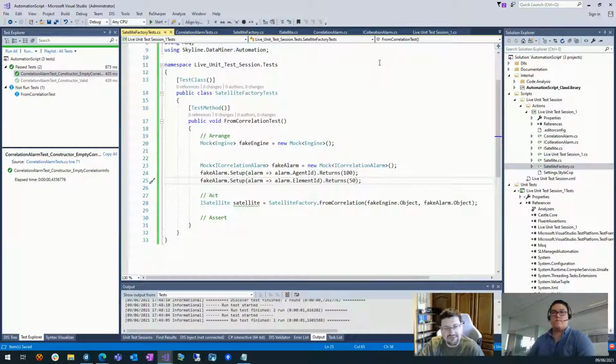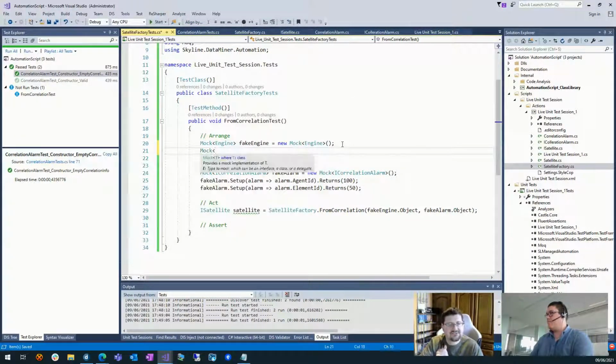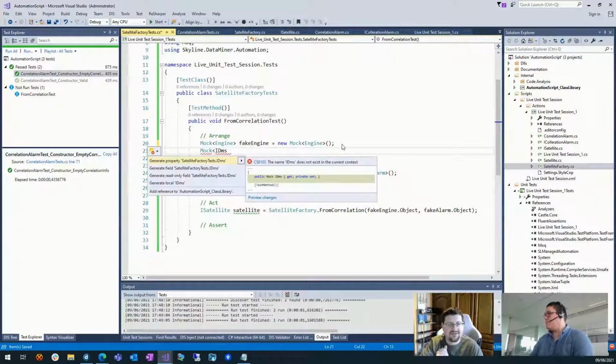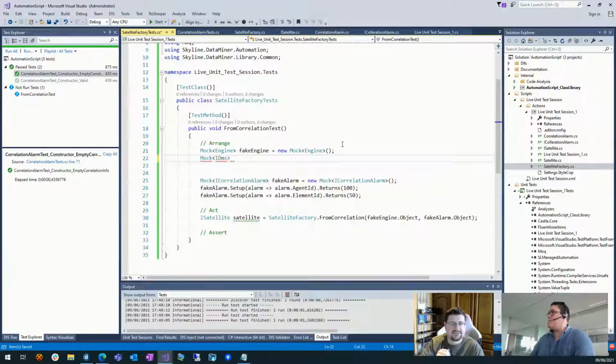Now, that's an extension method, and extension methods are horrible. They are the bane of unit testing. Technically, you can never mock those because they always just run the code. And if you do something like a new DMS from SLNet connection, it's always going to do that. However, we have a little tweak here. So first things first, let's make a fake DMS. So let's mock IDMS. Exactly. So we have a fake DMS.